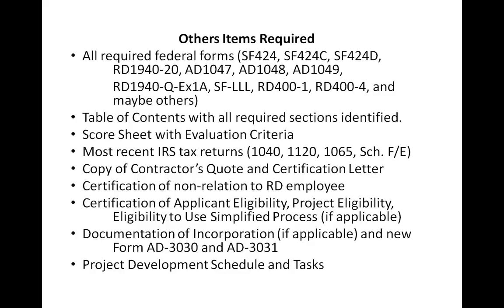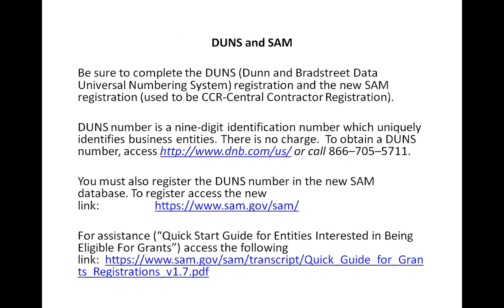And then one thing in the process, you do have to get the DUNS number, and you have to go into a new system. It used to be CCR registration. It's now SAM, and I'm not even sure what SAM stands for now. It's actually coming online the 30th of July, in a few days. So you do have to do that process. Your DUNS you have to have at the time of application. The SAM you have a few days to get, but you do have to go ahead and register there too.